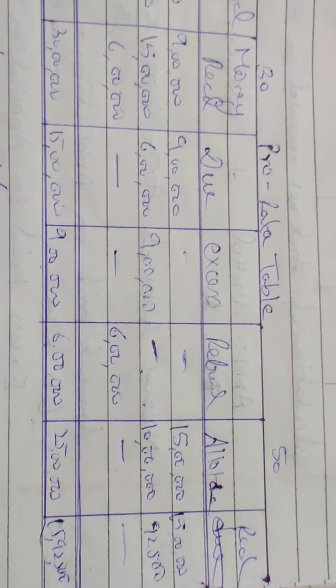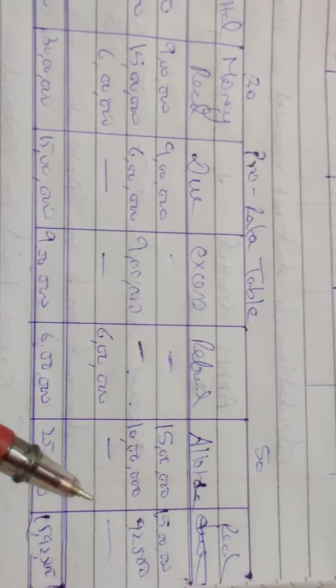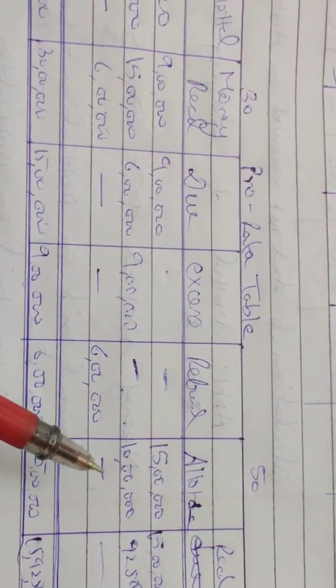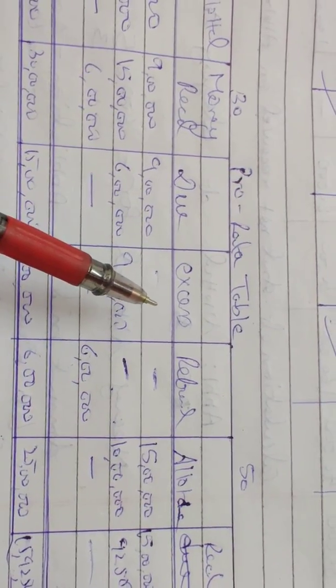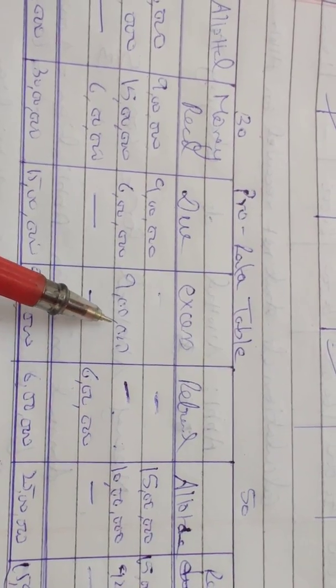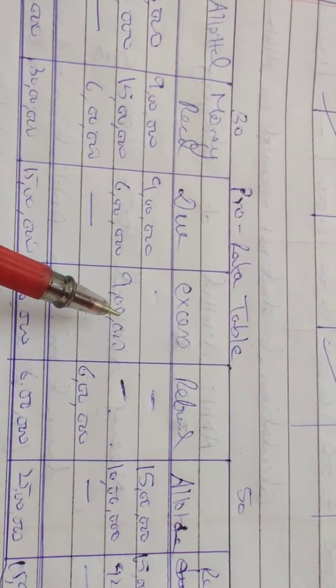So 50 into 30, 15 lakh. 50 into 20, 10 lakh. Total amount due on 50,000 shares at the rate of rupees 50 is 25 lakh. Now we will adjust the excess application money. Clear? So allotment due is 15 lakh and 10 lakh. Now see the excess column. In the first table we have excess nothing, but in the second table our allotment due is 10 lakh and excess application money is 9 lakh. This means we are going to call from them just 1 lakh only. Clear? So in this way it is solved.